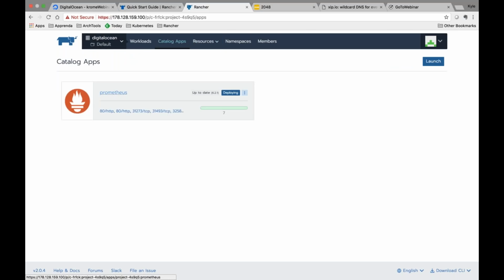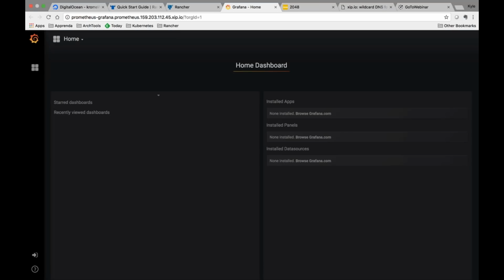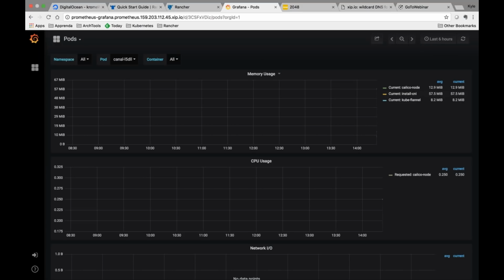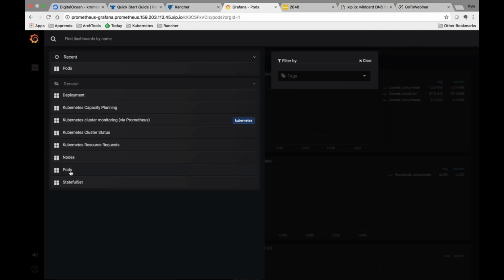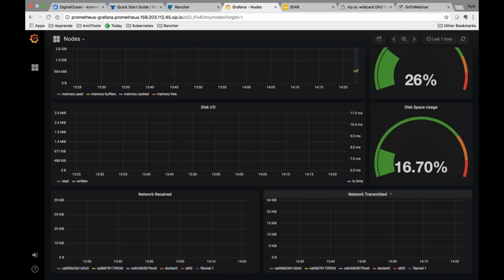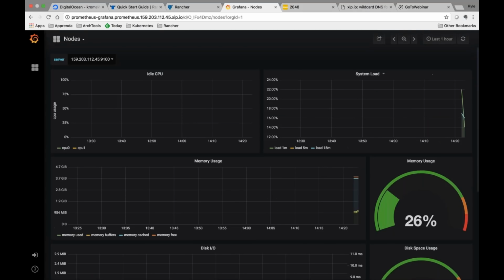So if I go back to the catalog app, this is now up and running. And I have Grafana set up in front of Prometheus, which is just kind of a dashboard for monitoring, and there's a few different charts set up by default. So I could use this to monitor my pods, or I can look at my nodes usage, and you can see the graph is just starting. And you can create your own charts if you know Grafana and Prometheus, and do all sorts of fun stuff